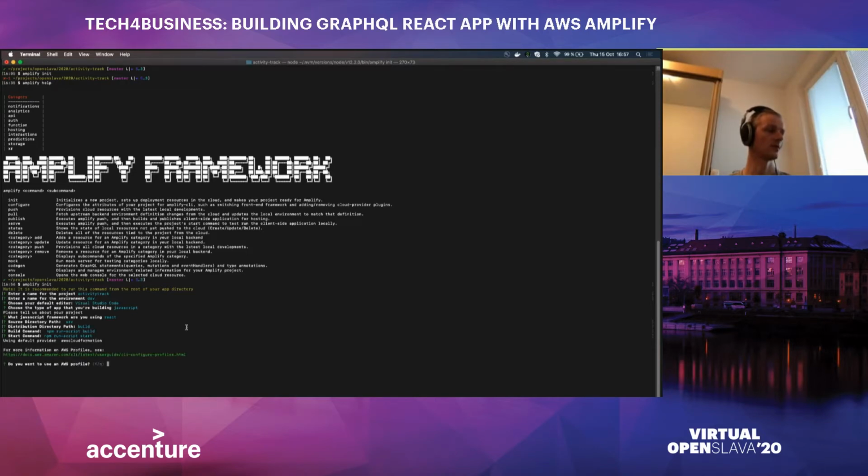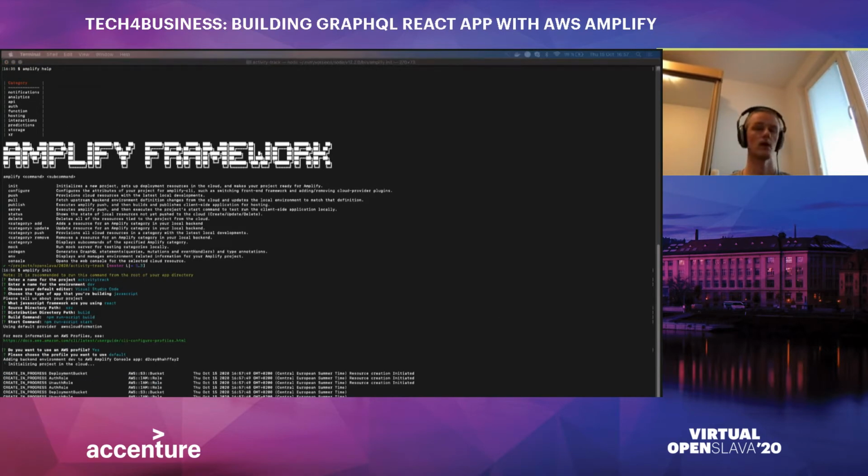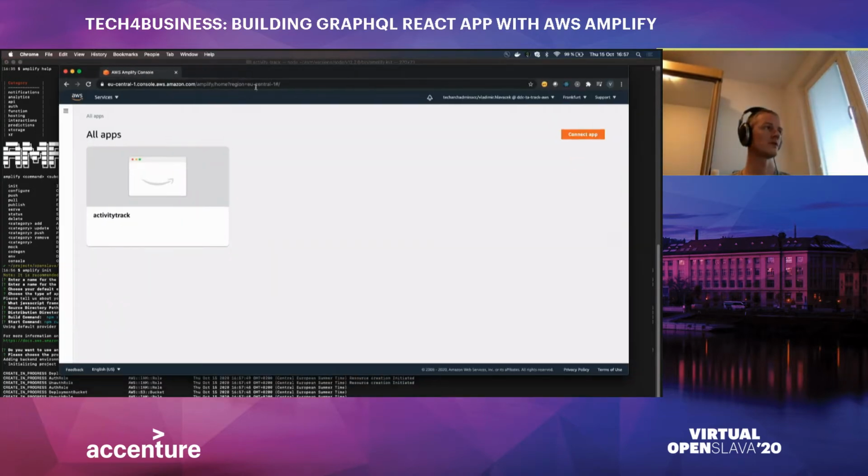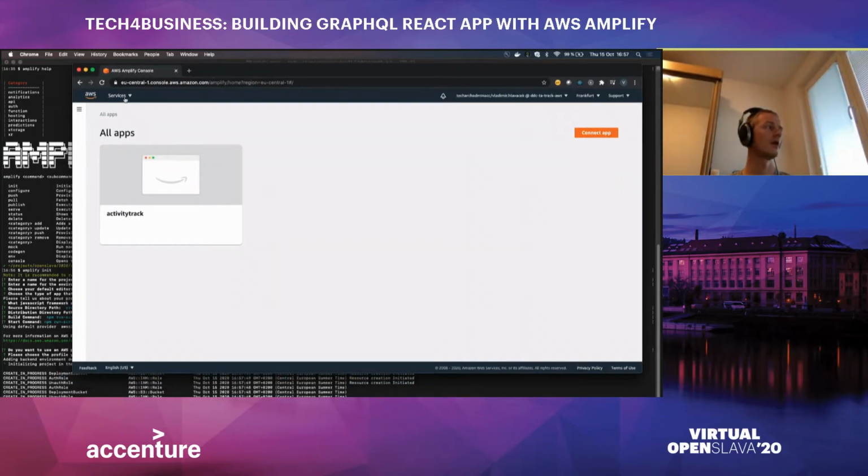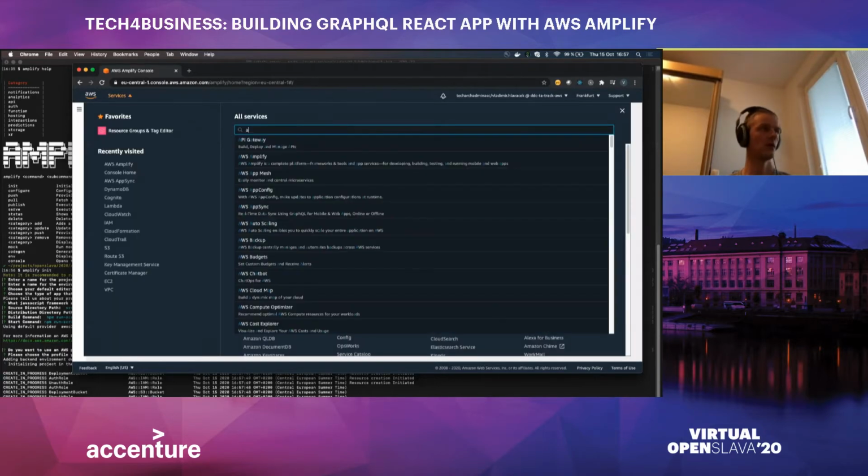Yeah, so now we are going to use an AWS profile, which would be my default profile. And now it's actually creating it, right? So on AWS, there is an Amplify console. So Amplify is one of the services available. So if you look for Amplify,